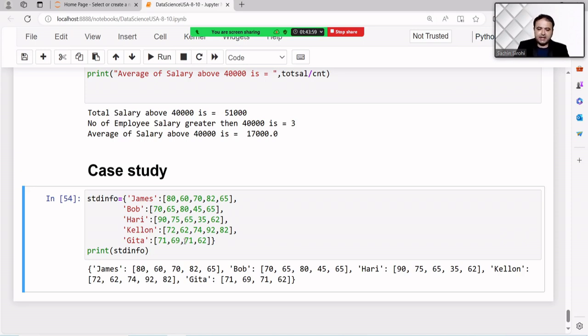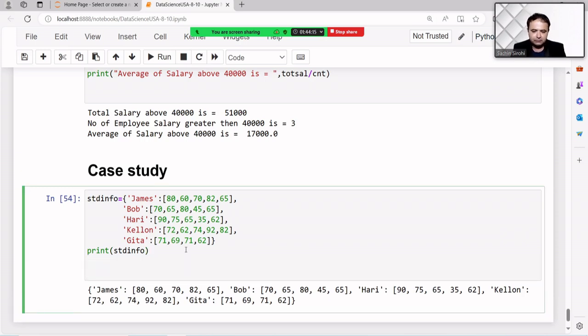Now, the first question is that I want to traverse all the marks of the students and print the average marks student name wise. So, firstly, not the loop, I want to print.